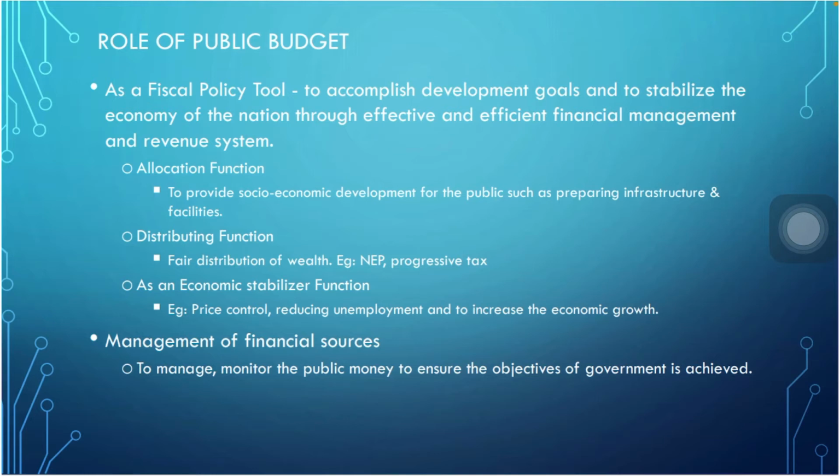So kalau gaji paling minimum, so dia punya tax rate makin rendah, so dia bayar cukai pun sikit. So cukai ni sebenarnya kalau you all nak faham, cukai ni tak semestinya kita kena bayar tau. Ada orang dia pandai dapatkan pengecualian cukai, so kadang-kadang dia tak payah bayar RM0, kadang-kadang dia ada lebihan. So lebihan cukai tu LHDN akan refund balik lah kepada you all. So itu kita kata dengan distributing function.